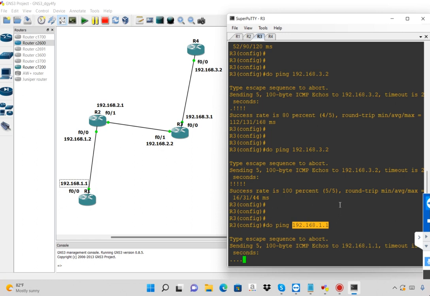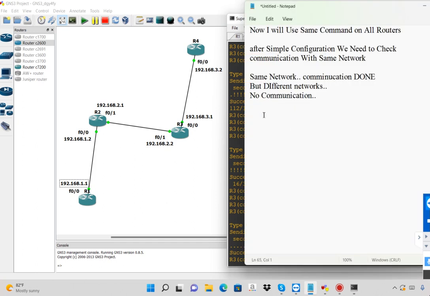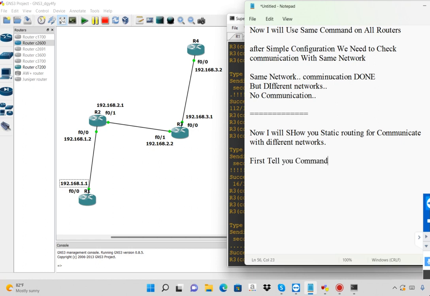So now we will use static routing today to communicate with different networks. I will show you static routing for communicating with different networks. Okay, first I will tell you the command. So the command is